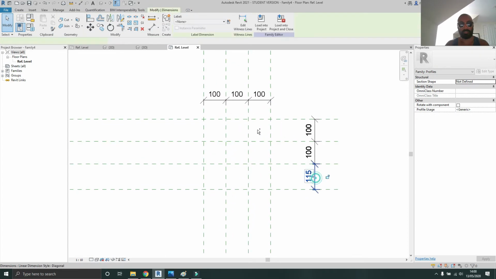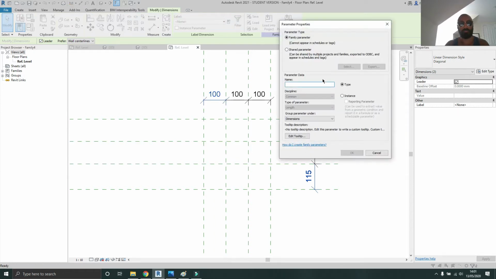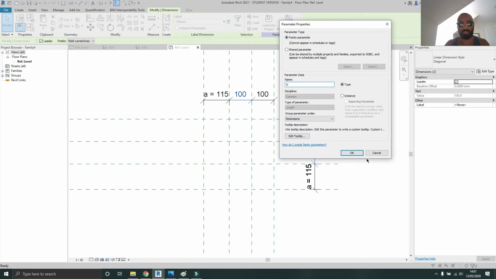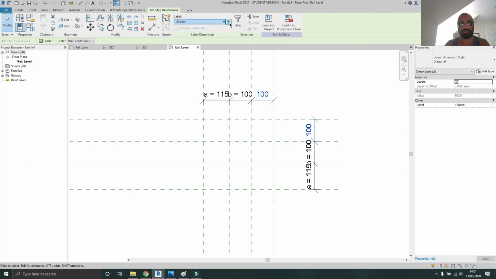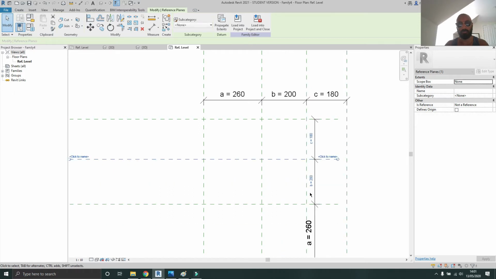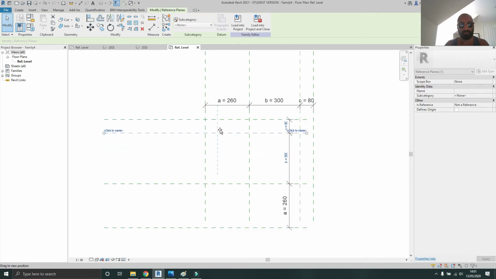So I'm going to select these two, name them A, because I want this particular thing to have the same dimension up and side as well as this one. Sorry, upwards and sideways, vertically and horizontally. I'll just call it A, something nice and easy to remember. Just remember which ones you picked. Call that one B, hold control, select these two, and call that one C. We don't want to set an overall length because that will break the reference planes. So now when I move this one, and I move that one, and I move that one, they all move together. But I know I'm generally going to use something around 50 millimeters,